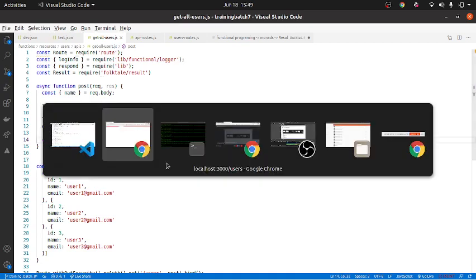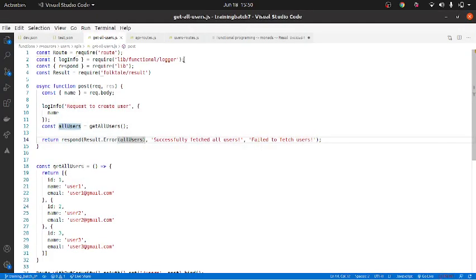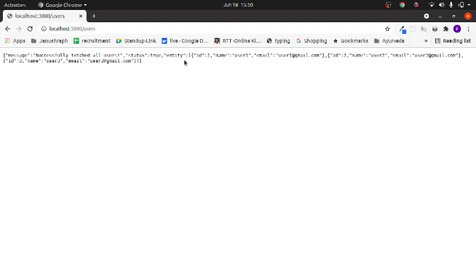In that case, if you look at the URL, if you call it back, it will basically tell status false, error type is API error, message is failed to fetch the users. The reason there was failed to fetch the users is I have basically passed result.error instead of result.ok. So right now I will make it result.ok and we will proceed.